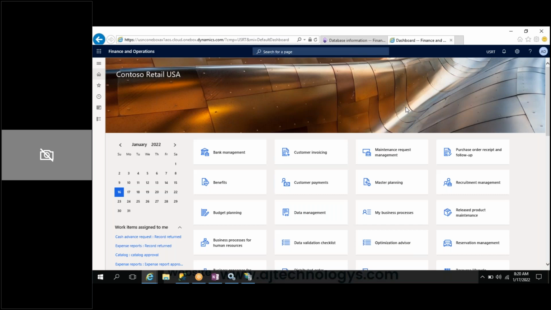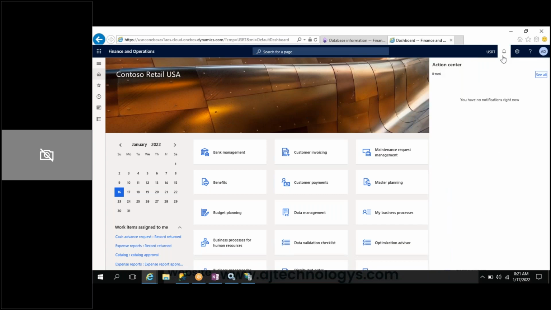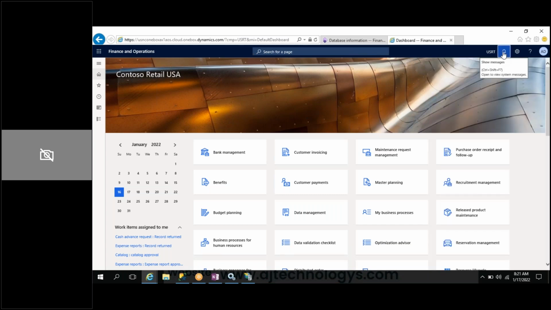In real time the client data is there, and the legal entity names are also changed based on the client requirement. We can provide the name. And we can see there is a notification or bell icon. Suppose any batch job is completed, or any program is failing, or any success messages, database refreshment, those alerts we can see in this bell icon.